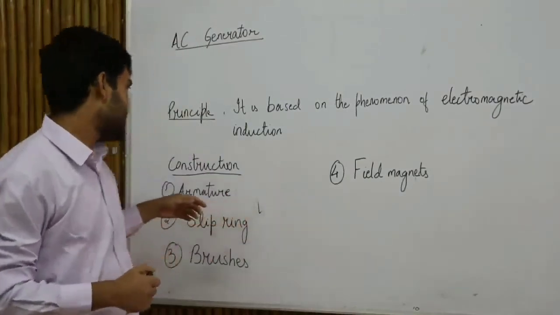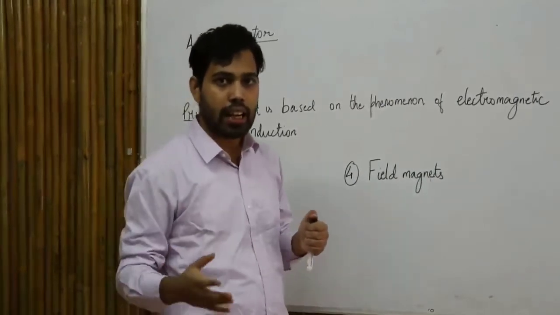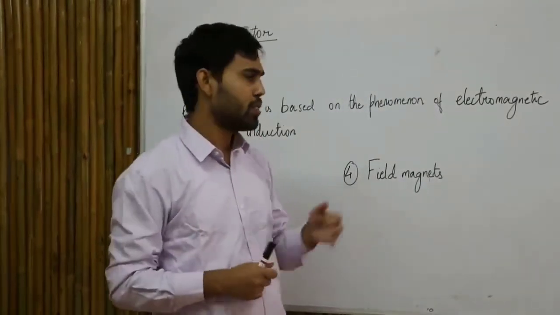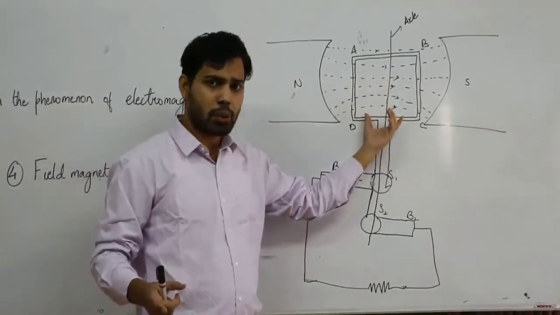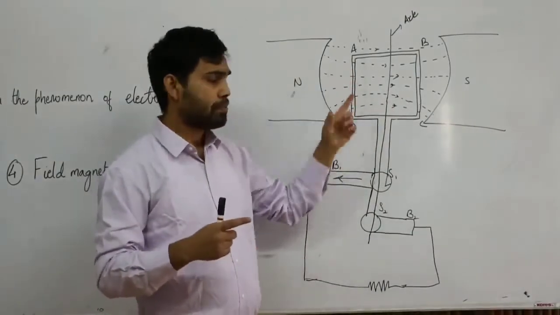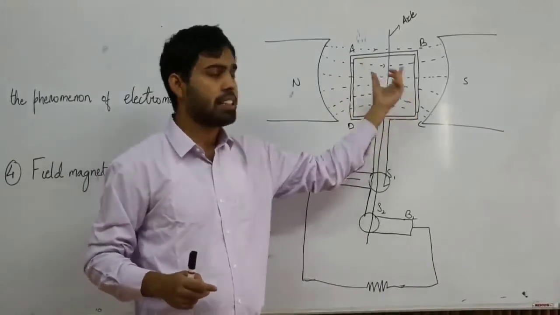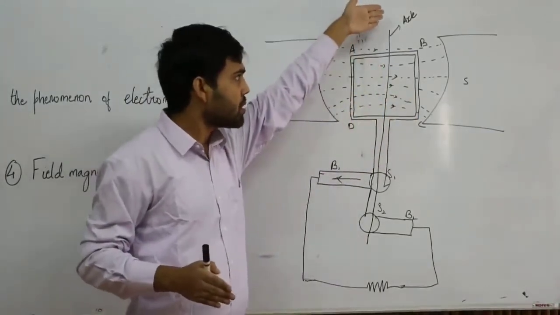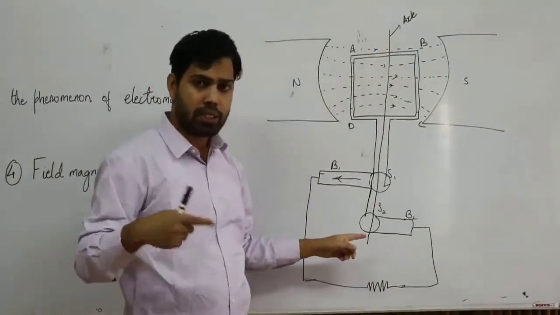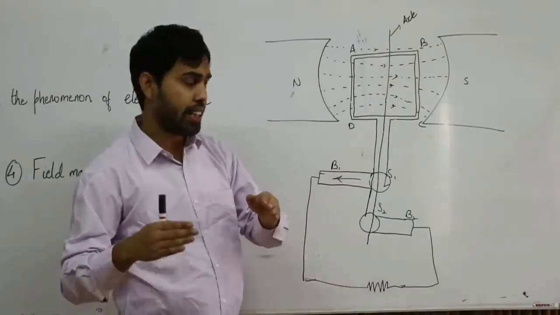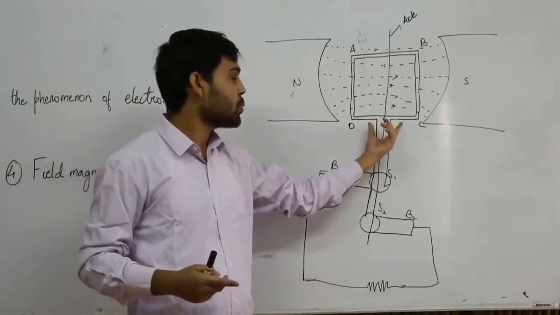An AC generator is made up of these components. I have an armature. Just like in our motor, I had a coil mounted on a soft iron core, similar is an armature. So what is an armature? I have a soft iron core, and around the iron core I have many turns of copper wire. To make things simpler for us, again I have taken a single turn of copper wire. Through the center of this armature there is an axle.